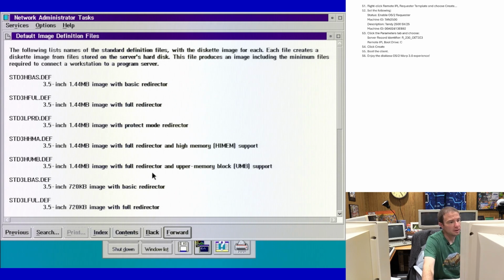Regardless, we have the basic redirector, the full redirector, protected mode, and then the full redirector with high mem support and then with UMB. Clearly, we want the UMB support one because that one gives us the most available additional memory in addition to the 640K conventional that you get on the client. So, with that in mind, I want this one, std3humb.def, and let me break out my ancient writing apparatus